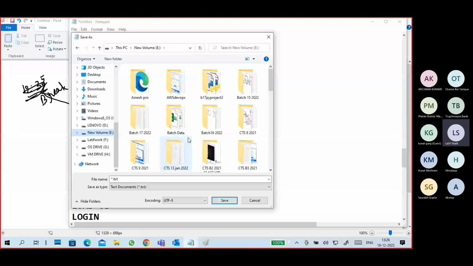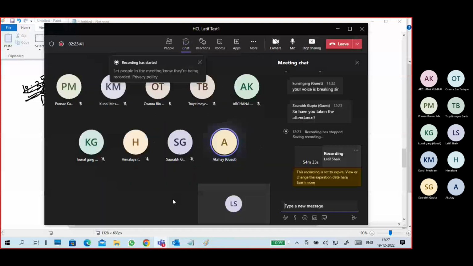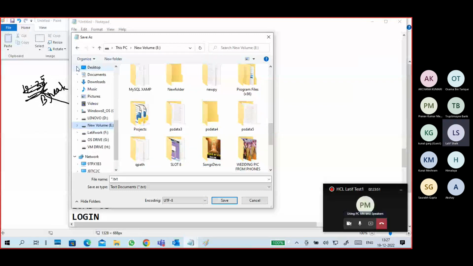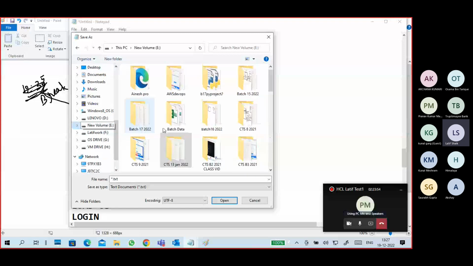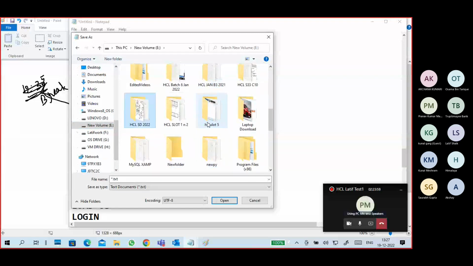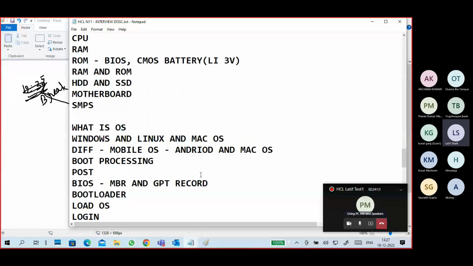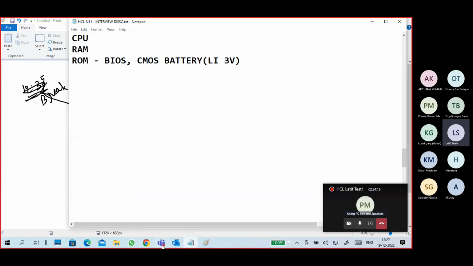I think I'm speaking to myself only because no one is saying anything. Someone sent a message, I don't know what that message is. Yes, sir. Okay. I didn't take attendance, guys, because very few members attended and the class started very slowly. So I will forward both later. That's it. Okay, take rest.